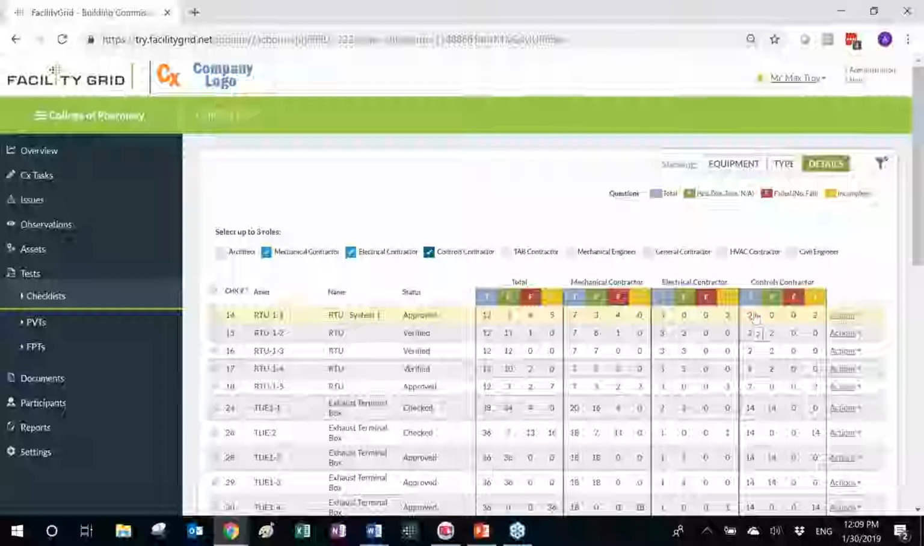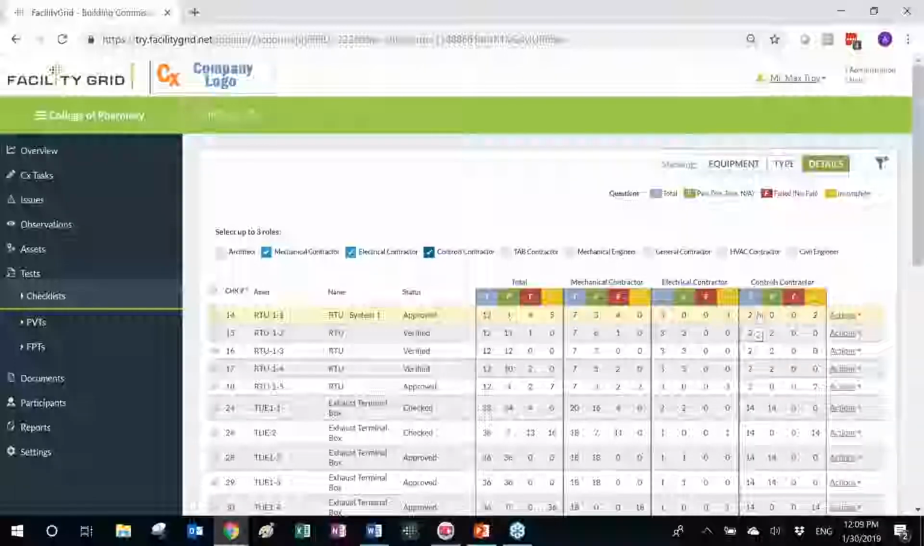The next task I may want to do is to manage commissioning documentation in the equipment library. So at the end of the commissioning project, the most laborious task is to create a commissioning report and a systems manual. Facility Grid provides you with capabilities to create